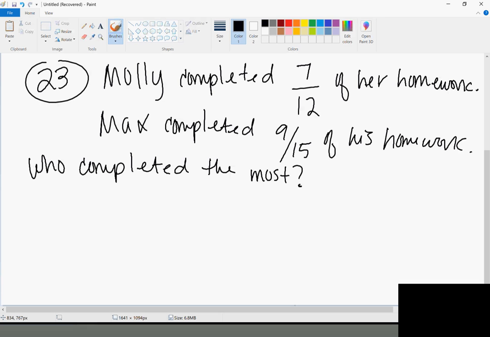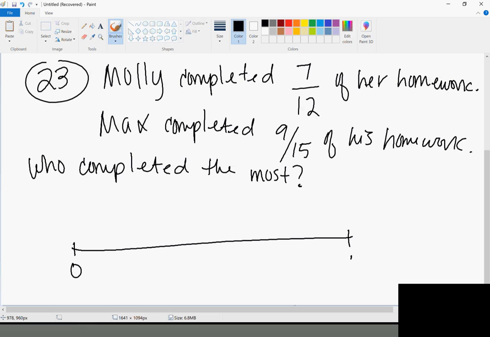Molly or Matt? Okay. So now, since we're not using a calculator, we're not going to just divide and compare the decimals. Unless you just like to divide numbers and compare decimals, you could totally go that route. You could do 7 divided by 12, get the decimal, 9 divided by 15, get the decimal, and compare. I'm going to use a number line to compare these. So let's see. Let's say 0 to